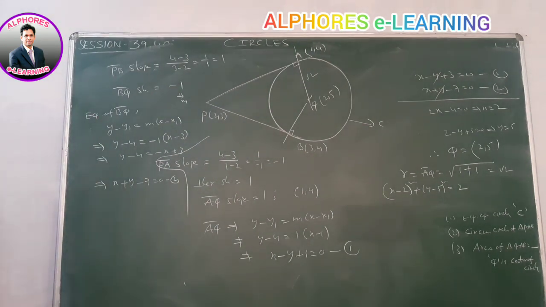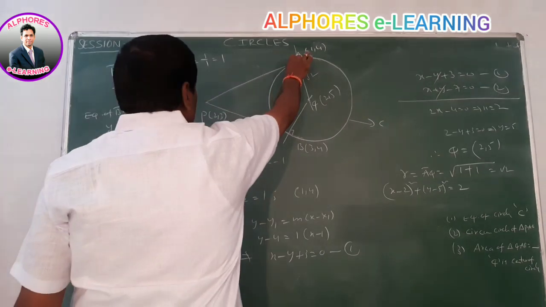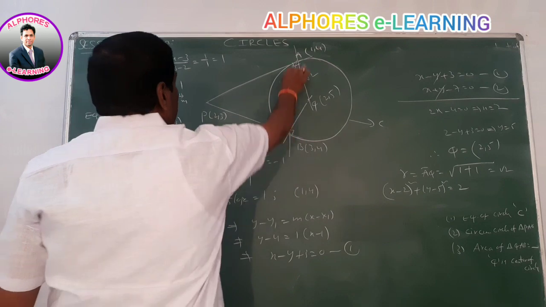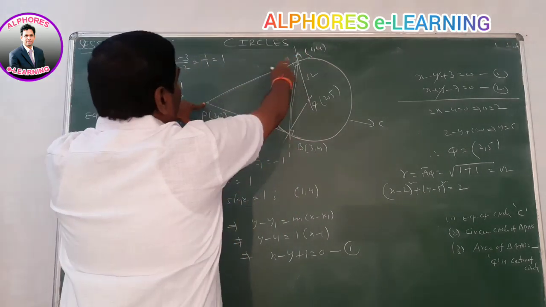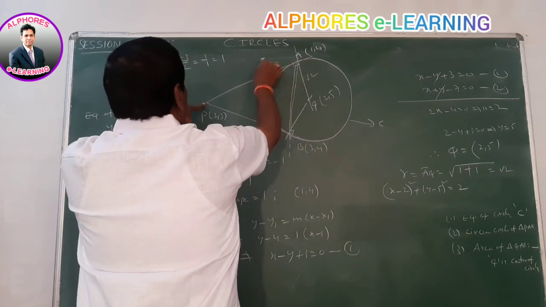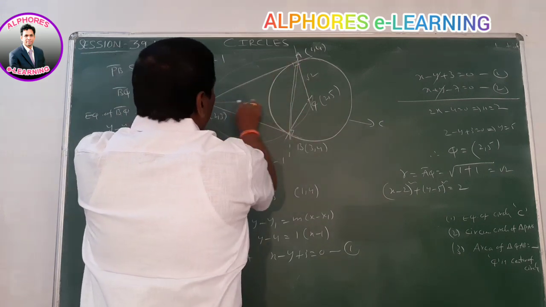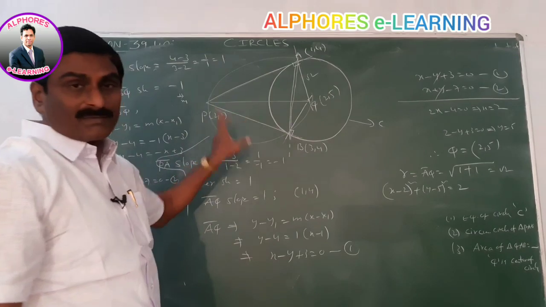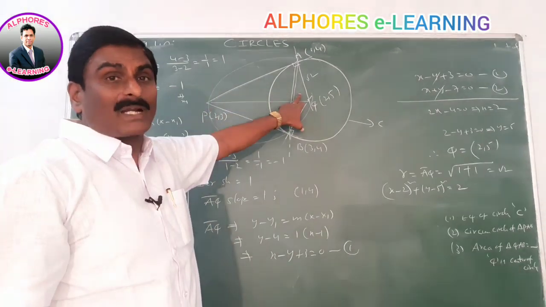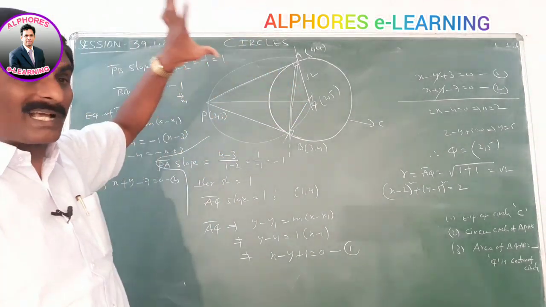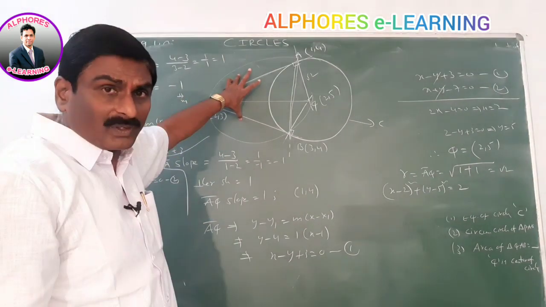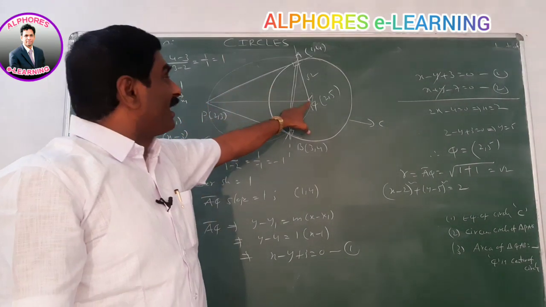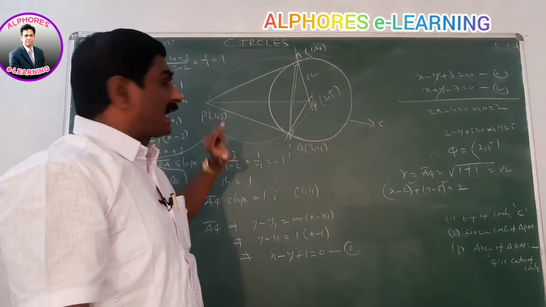Next, circumcircle of triangle PAB. AB is the chord of contact. Here P, A, B, Q are concyclic and at the same time PQ is the diameter of this circumcircle. Very very important. By using the construction of the chords from an external point, we proved already these values. PQ is the diameter, the endpoints of the circumcircle of triangle PAB.